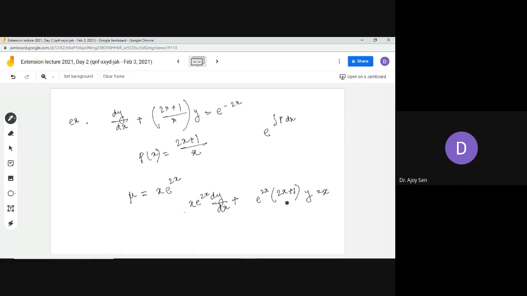So this thing will be there, and this whole left hand side you can at once write as d/dx of x e to the power 2x y, which is equal to x. So it's now a trivial task, so you can solve this trivially, and the solution will be like that. x e to the power 2x y will be nothing but